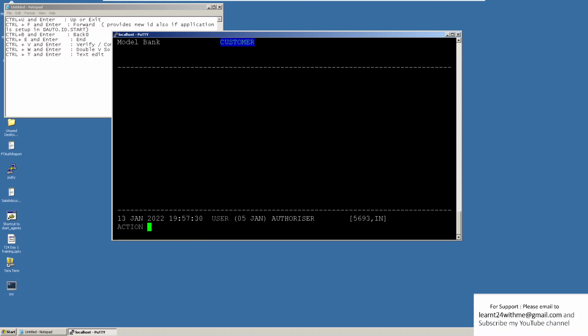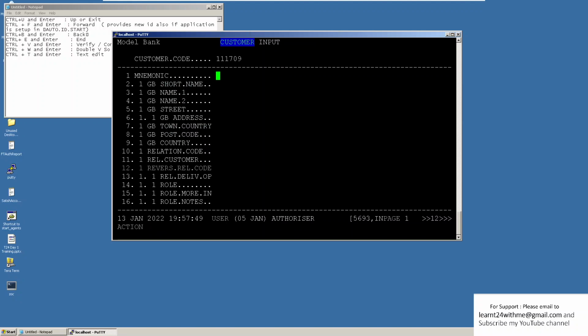So I'm exit. Now I'm typing customer module. Customer is another application here, and if I'm tapping I, you can't see any fields here. But if I'm tapping Control F enter, you can see we got customer code. This is auto generated. So here we need to type Control F. Now you can type your other fields, but that's not our agenda for now.